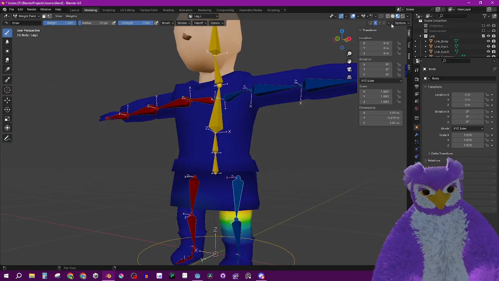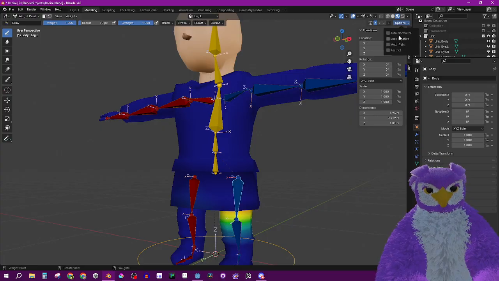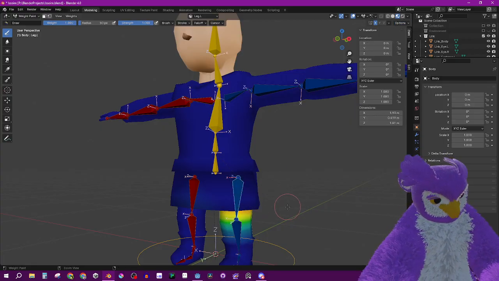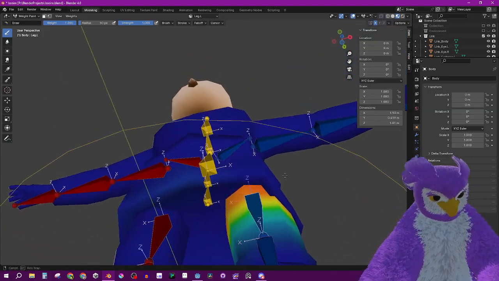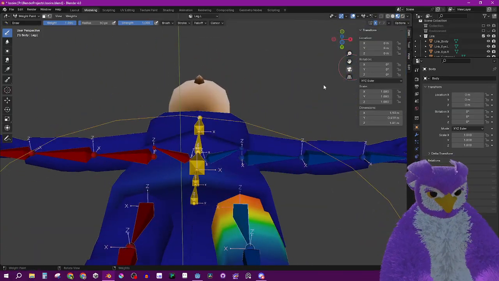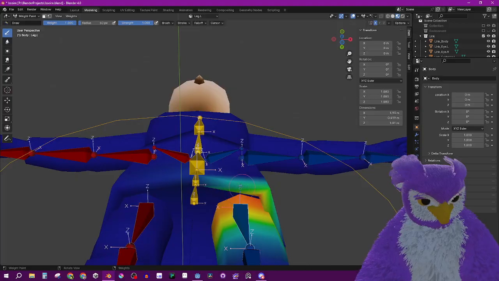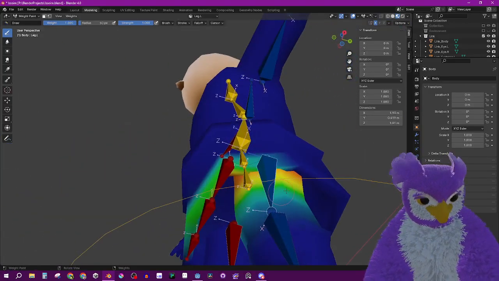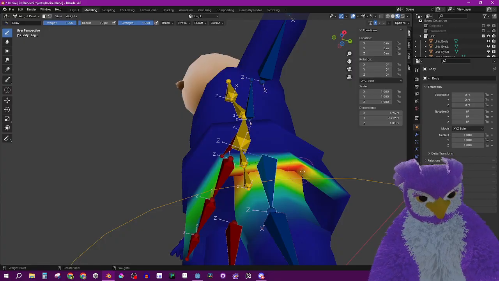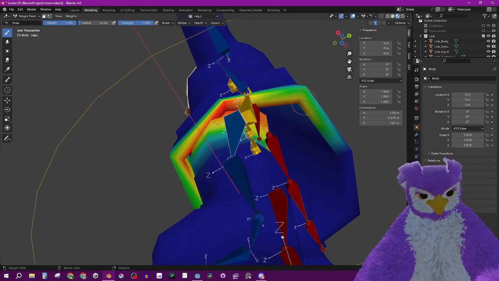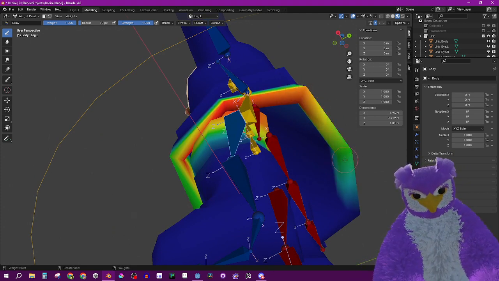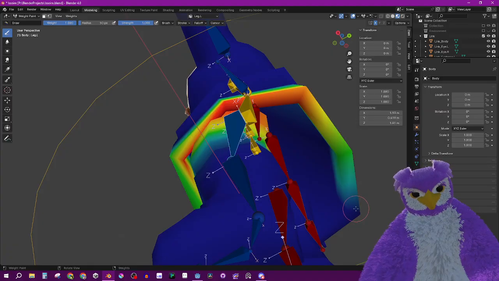And then I do want to make sure auto normalize is turned on. And then I can do a little of this. So I probably want all of these to be fully weighted to